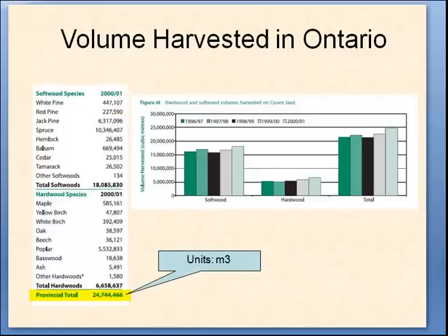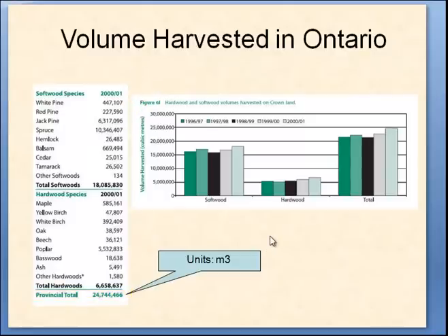The key thing I wanted you to note, like the last time, is what the major species are. Here it is: poplar for the hardwoods, and spruce follows right away after jack pine as our major species that we harvest in this province. Okay, so I want you to note that. And the tree of Ontario, again, white pine, represents a very small amount of the actual harvest.